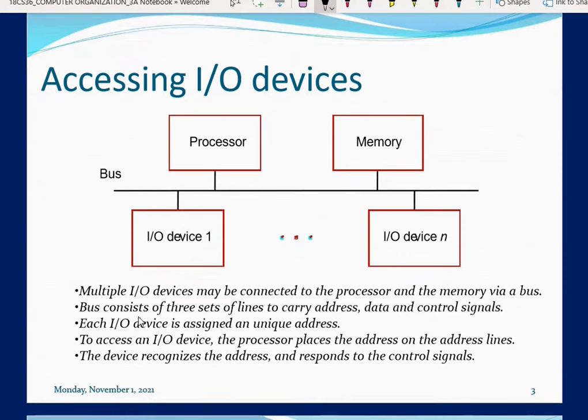So what is bus? We already have brief information about the bus. Bus consists of three sets of lines to carry the address, data, and control signals.